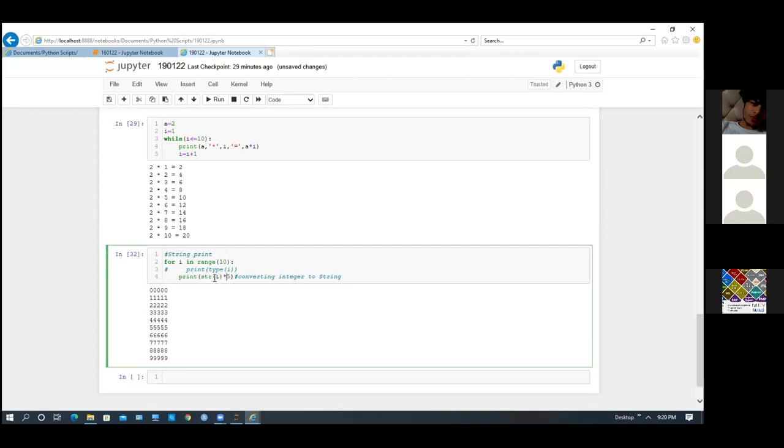Whenever we multiply any integer with a string, that string gets printed that number of times.